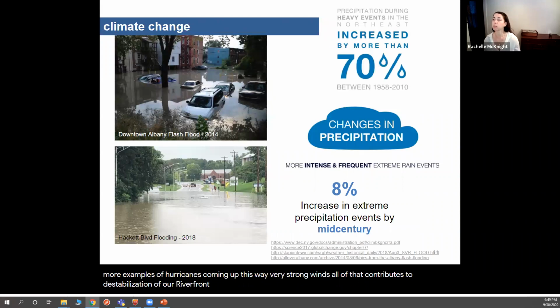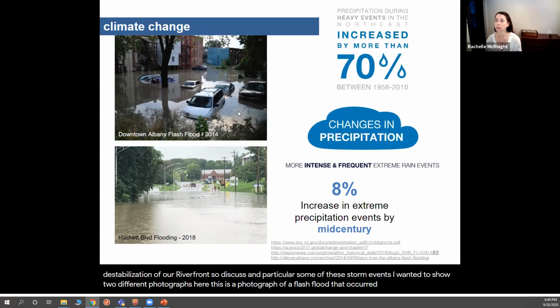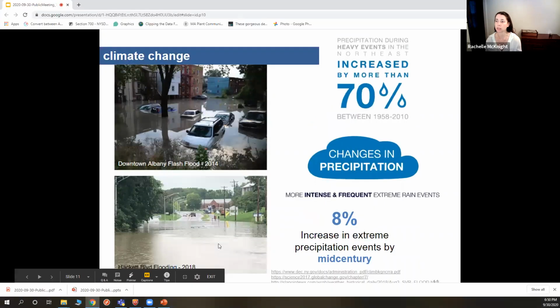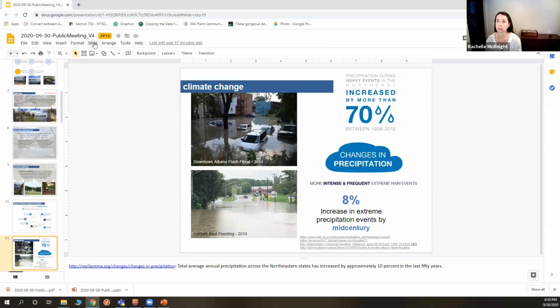So to discuss in particular some of these storm events, I wanted to show two different photographs here. This is a photograph of a flash flood that occurred in downtown Albany in 2014. This is Hackett Boulevard flooding back in 2018. And as you can see,